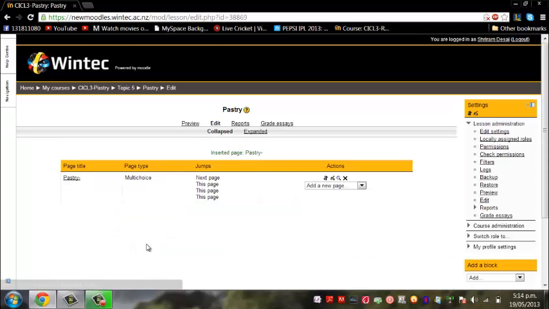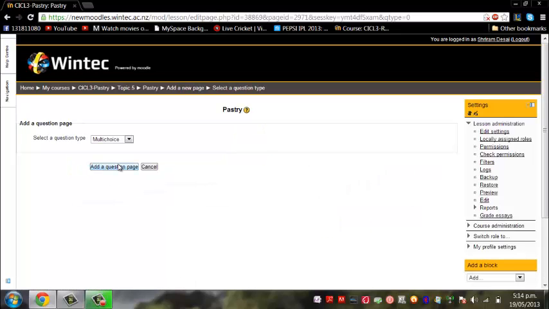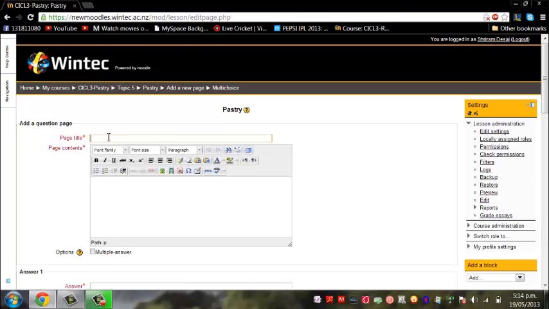Once we save this page, we'll find that we have this pastry answer, and you want to add another question to it. So you just go here and say add question, and it will again take you to the same thing. Then you add a question page, which will again be pastry. Now the previous one you could call temperature, this one you could call egg or something like that. So let's call it egg and say,